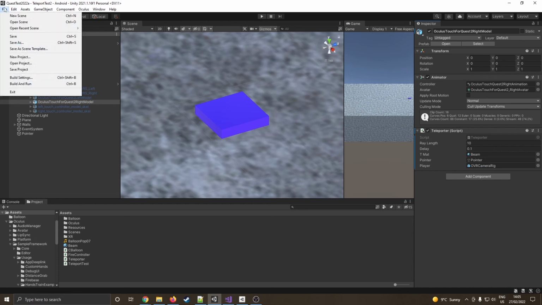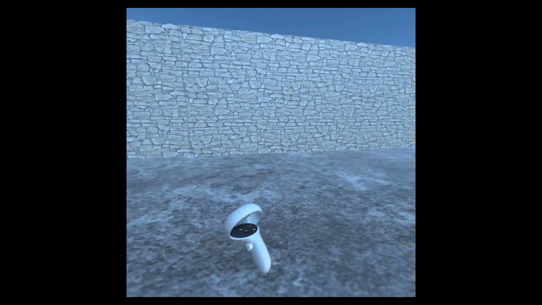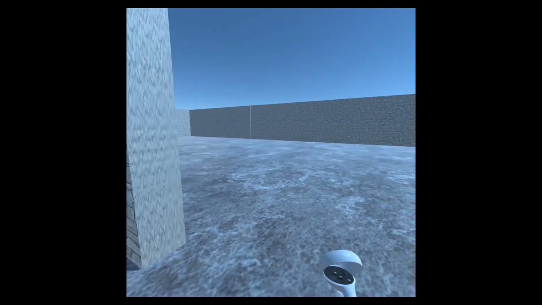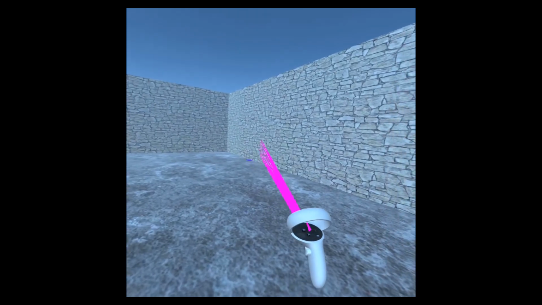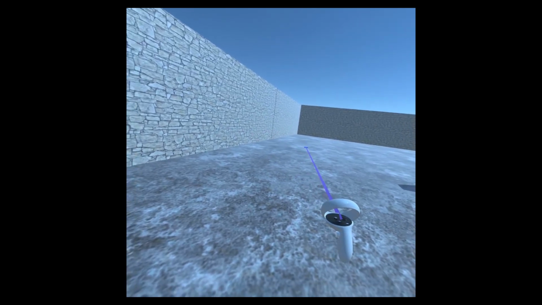So again, let's go and test that bit of code. Okay, so let's give this a little test. I'm going to teleport over there, and there we go. I've jumped over to that spot. Have a look down. There's the teleport pad that I landed on. So now we can move around our little scene. Obviously, there's a little problem though, because if we just leave that over there, it kind of remembers where we last wanted to go to,